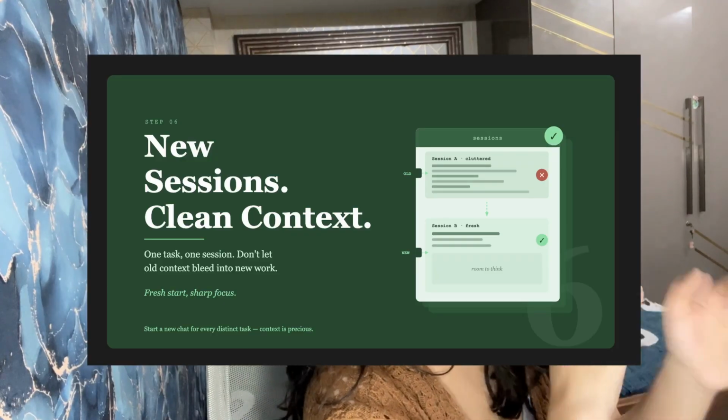So use it religiously. When you are in a long coding session, the context window fills up and Claude starts forgetting things from early in the conversation and quality drops. So for every new task, I just start a fresh session. Instead of having one big conversation for the entire feature or project, I break it down. One session for planning, another for database, another for APIs, another for the front end, and that way everything stays clean and focused. Are you getting my point?